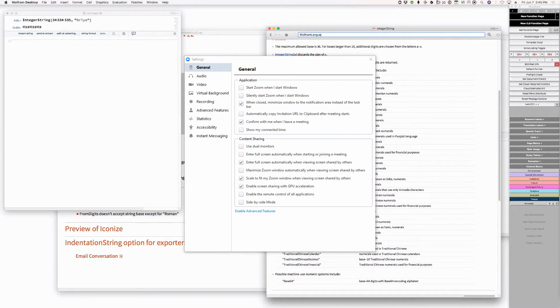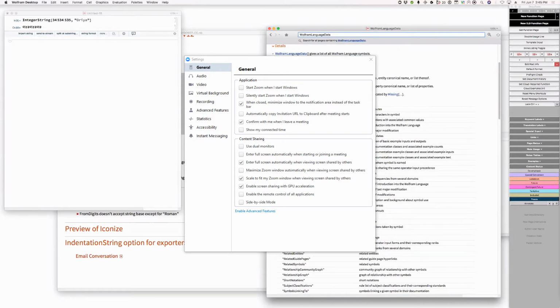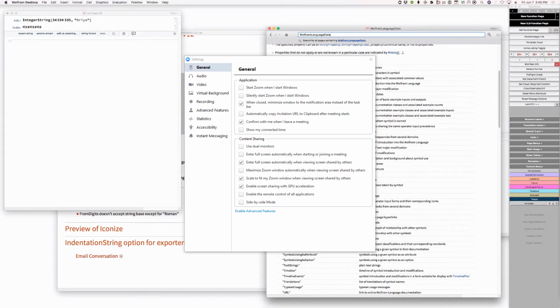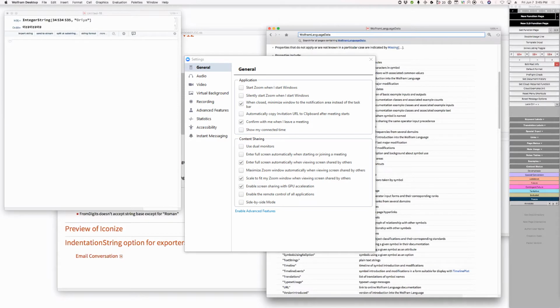I wonder also if we could put that in Wolfram Language data, if this list evolves with different versions, that we could get for each version the list of available arguments. Well, we don't have that for other stuff here. So what would we call it? We would have to have it be an association, because these things could have multiple